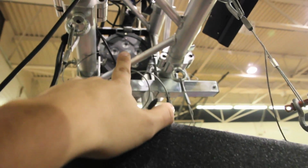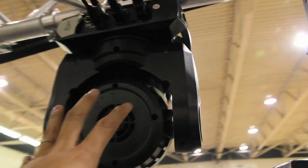That means that I was able to, for example, power link this directly to the tri-power profile, and again, the fuse didn't blow. Makes things a lot easier. You don't have to worry about doing the math in your head. So again, super easy. We crammed a lot of fixtures up in only 16 feet of trussing,